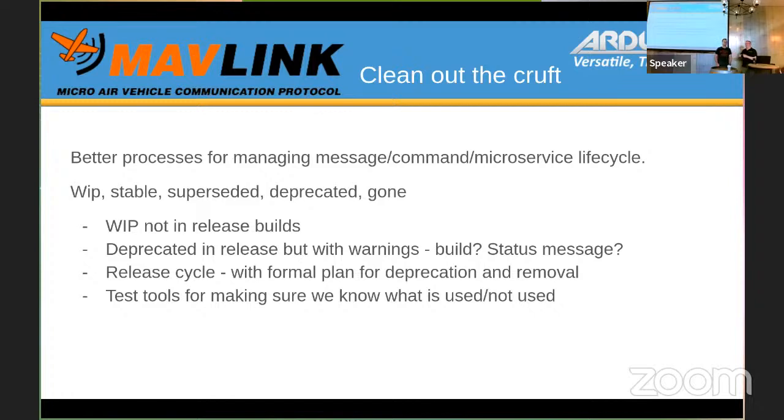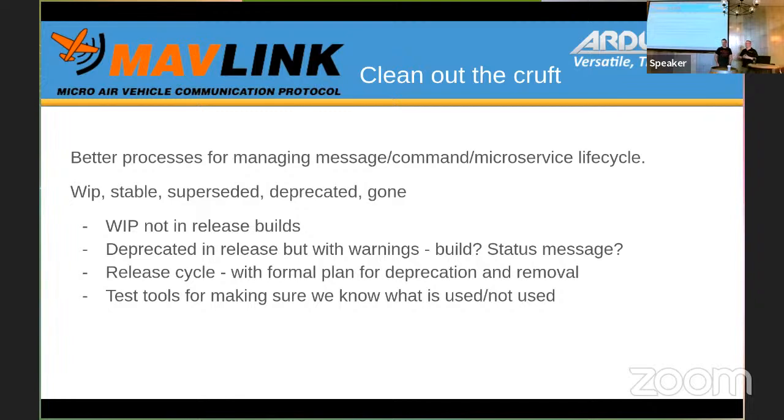The challenge with that is that it only works for a brand new message. If we want to change the enum to an existing message, for instance, you can't do that in development.xml. You're changing the implementation or the utility of a message to a degree, but it's already a stable message. You're just adding an additional stable use case to it. You can't do that in development.xml. It just doesn't work. Similarly, commands are like that as well. There's a few other cases,